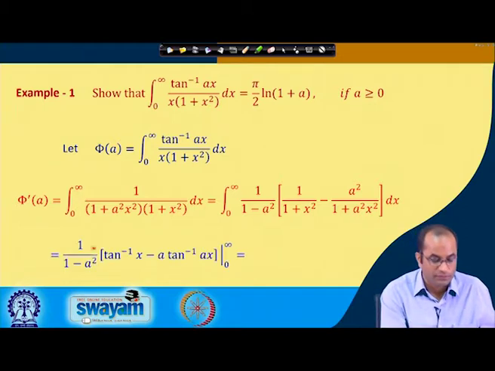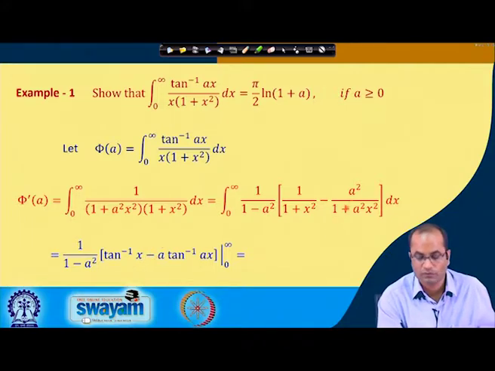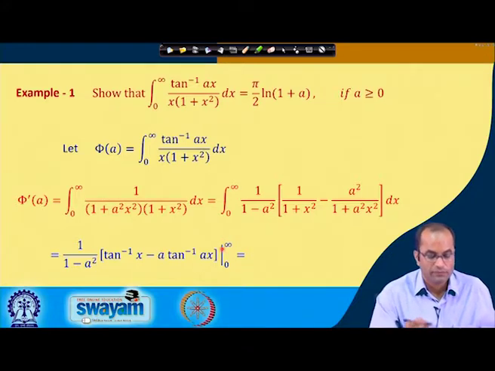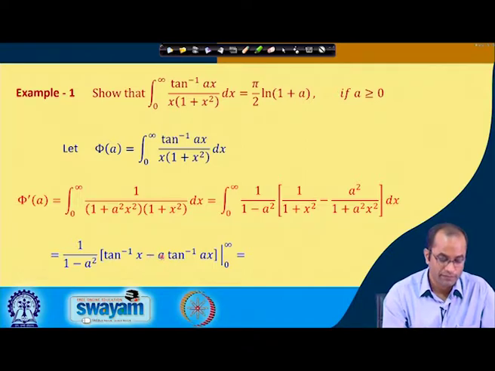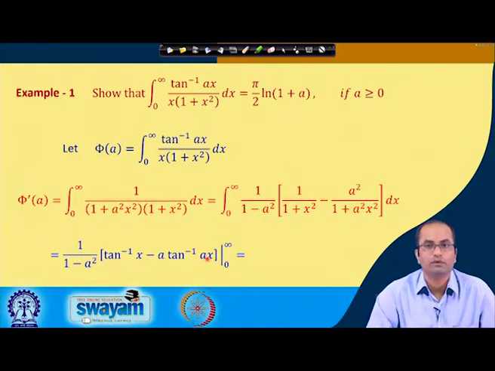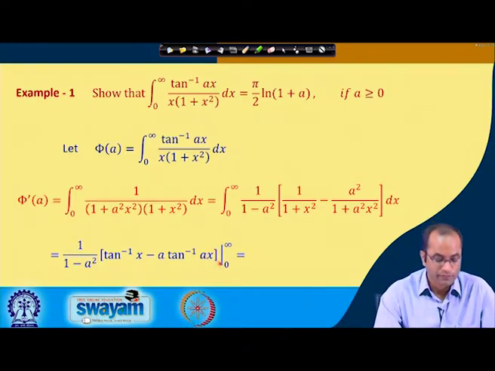So, this will be 1 over 1 minus a square. The first integral gives tan inverse x, and minus 1 over a, and this a square will give us a, and tan inverse a x, with the limit 0 to infinity. So, when we put this infinity, tan inverse x, when x goes to infinity, this will be pi by 2, and minus here also it will be pi by 2. So, minus a pi by 2, and when we take the lower limit as x goes to 0,